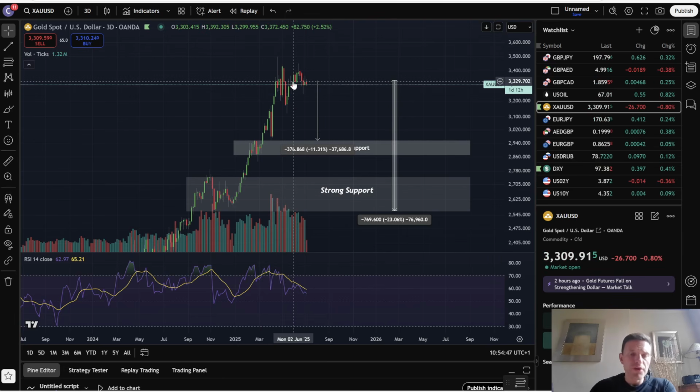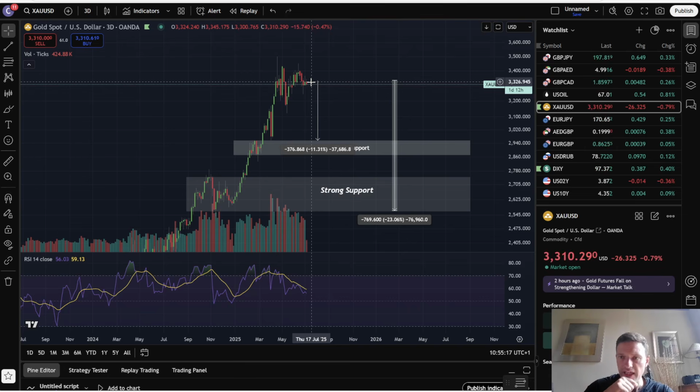Now, what does this mean? Well, gold is an asset people go to when they're scared of conflict and they're uncertain, this sort of thing. So what I'm looking for, and have been saying for like 6 months, is I would like to see gold break down, not necessarily nuke down, but maybe a slow breakdown or fast, doesn't really matter. Because what I think that would signal is that people are moving from uncertain assets into risk-on assets, like